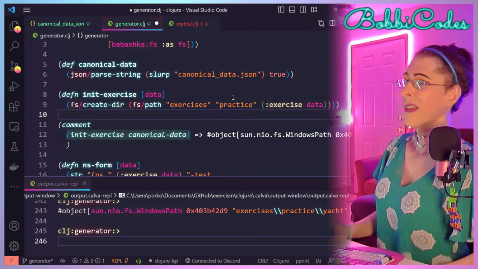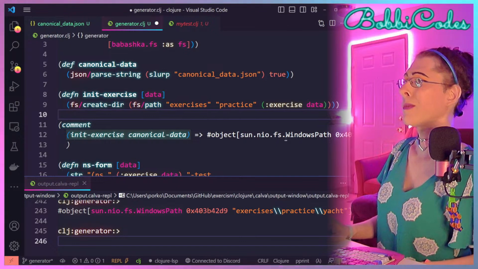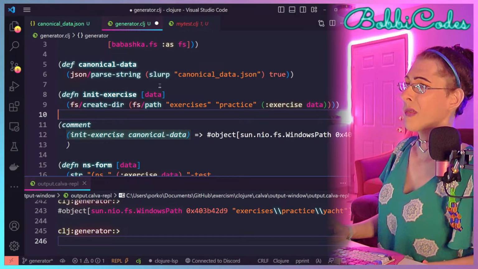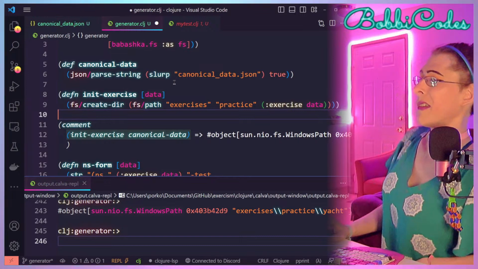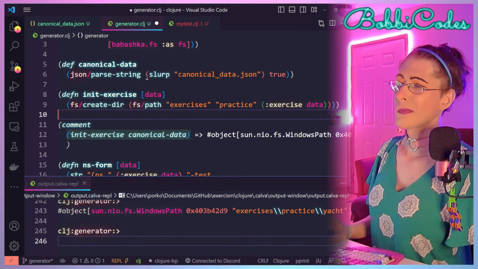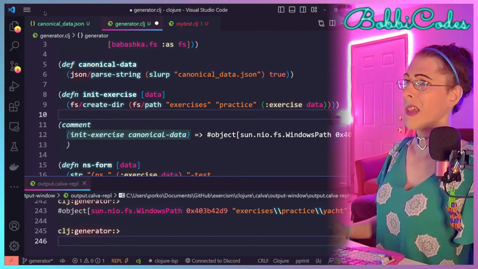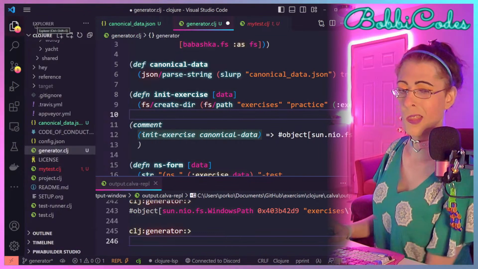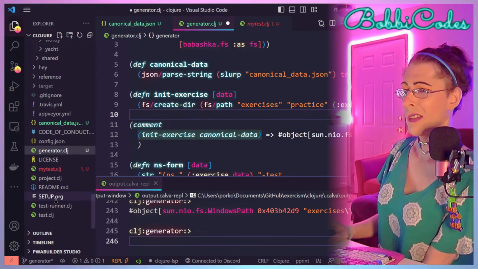Okay, so since we created the exercise root directory, we need to create the deps.edn and the project.clj files so that people can run it with Leiningen or the Clojure CLI.